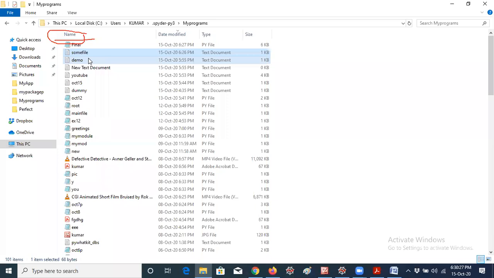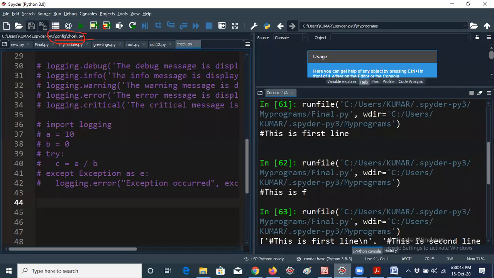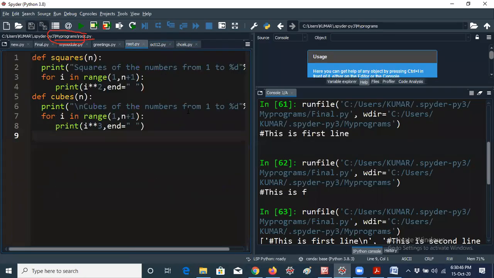So if you want to run a particular program, you have to create the sum file first in that particular location. Otherwise, you will get an error. Or you can use the path also. For example, let me run the same code first. Let me run the same code by using this line. One minute. That is also a good question.